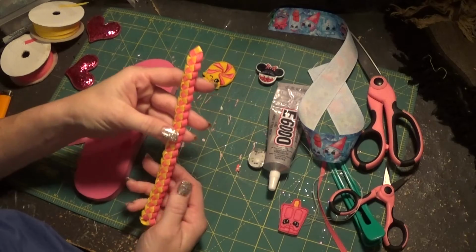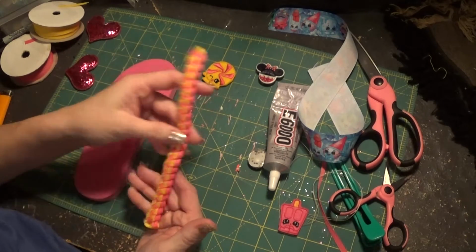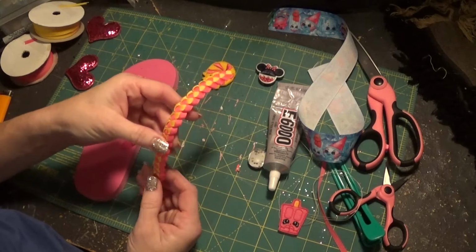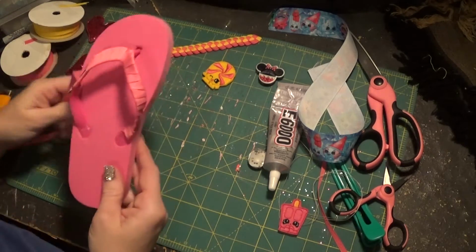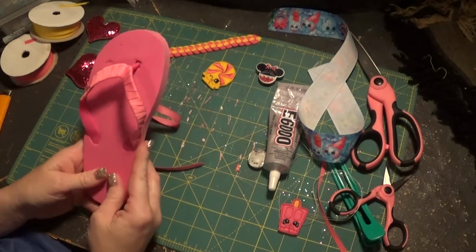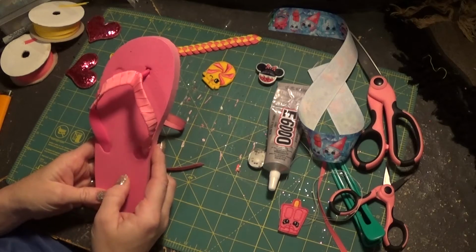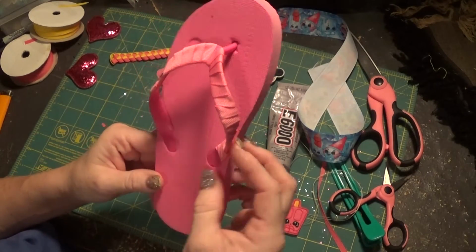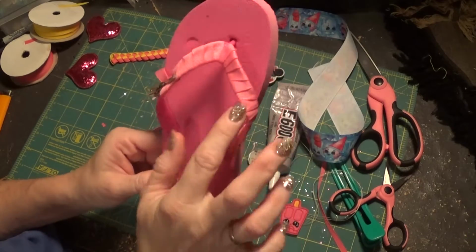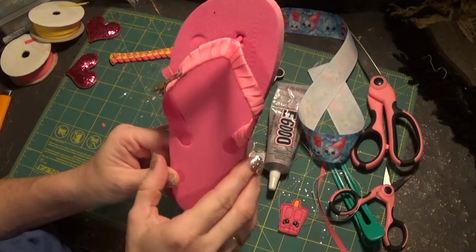Some people braid a little tighter than others, so I wish I could give you an exact measurement, but it's kind of difficult to do. There are one of two ways that you can put the braid on. You can see here that I have pre-wrapped this little rubber part on the flip-flop